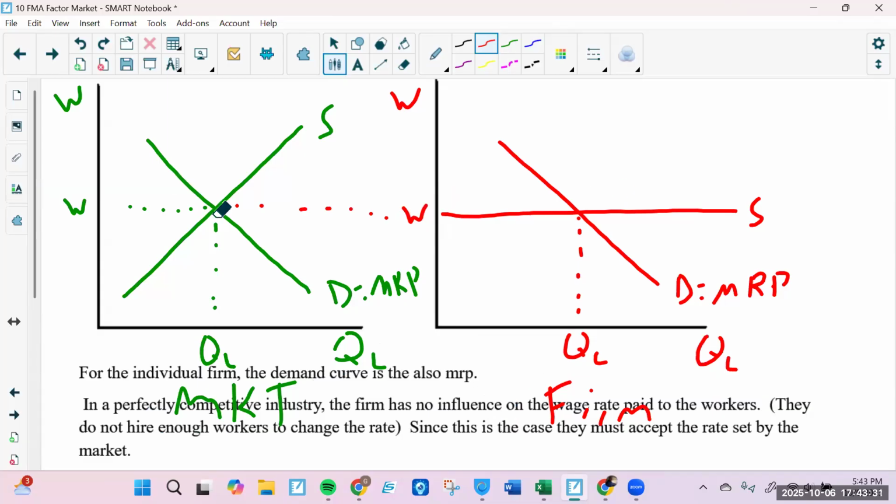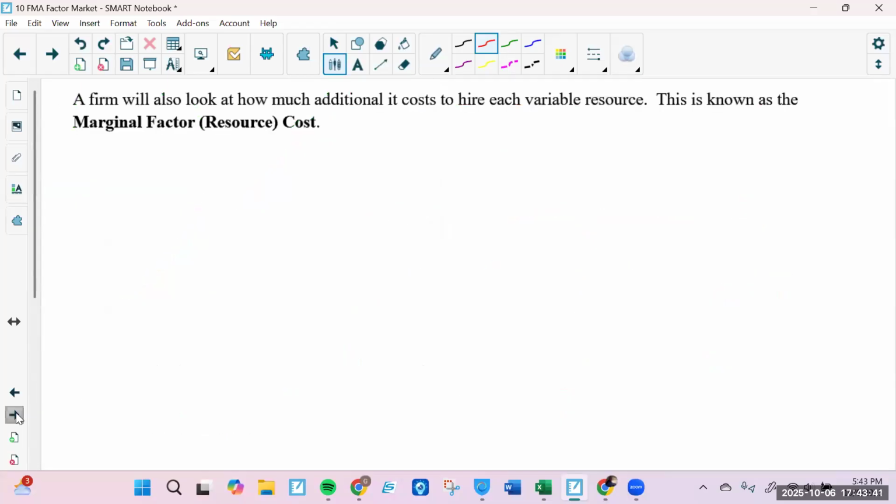This wage right here comes from the market. So you have to show the connection here. You have to do the dot, dot, dot, dot, dot, showing this firm is a wage taker over here. All right. Now, one thing I want to add to this is the firm will look at the additional cost